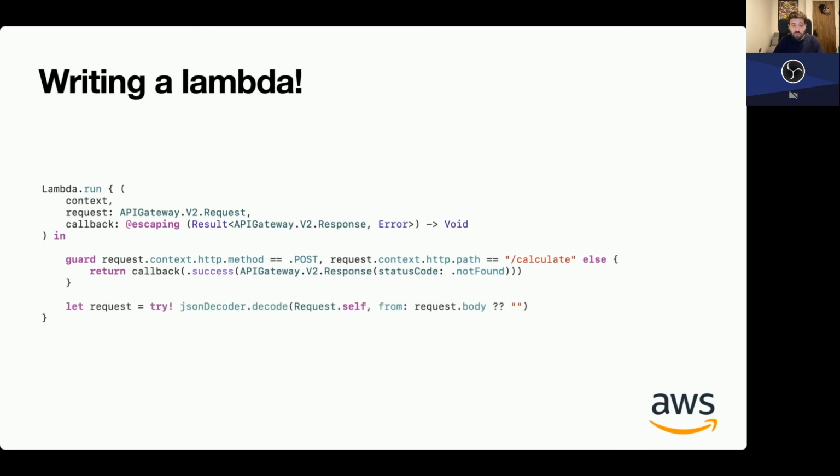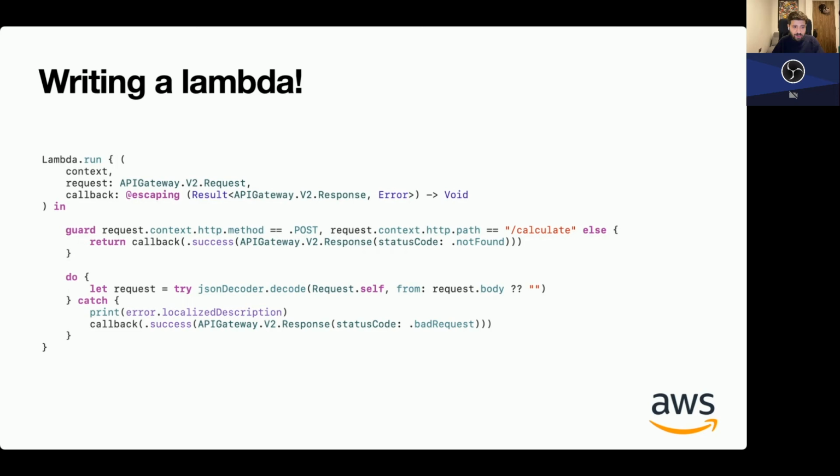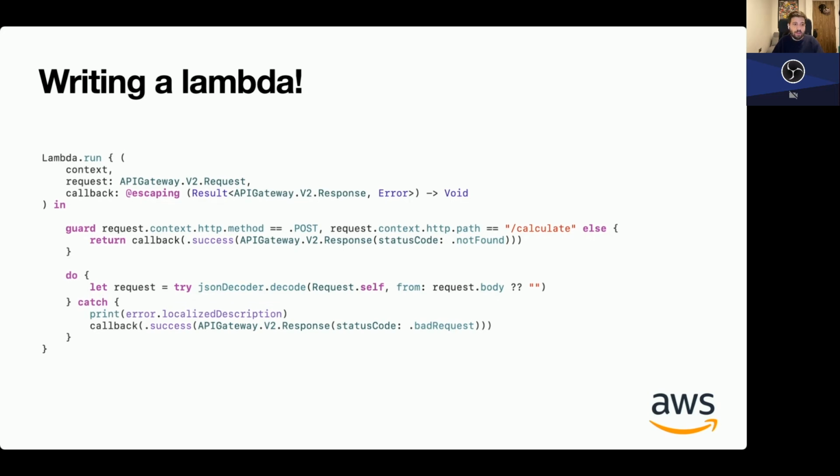Then I just decode into a codable type. So this is going to decode the contents of my request into a Swift type. This is just going to have one field, which is going to be content. It's just going to be a JSON request, and it's going to have a markdown string. I add some error handling. Again, if something goes wrong decoding this request, then I'm going to presume that the request was malformed. So I'm going to just return 400 or a bad request.